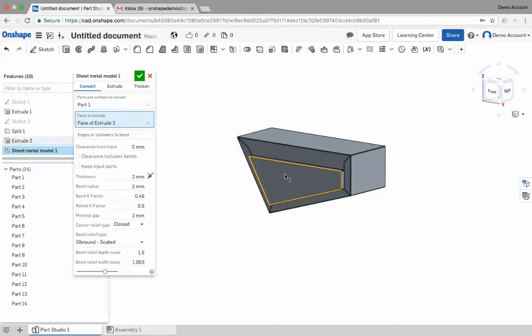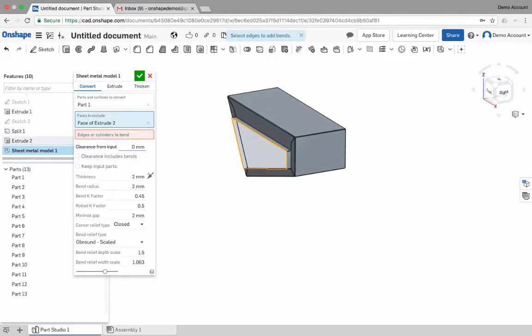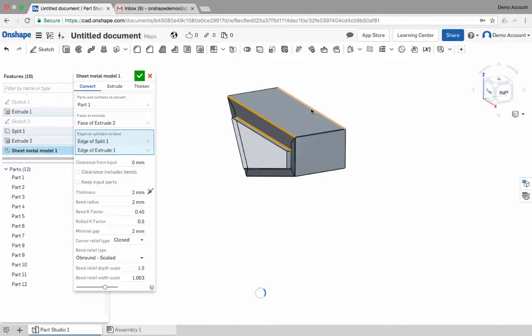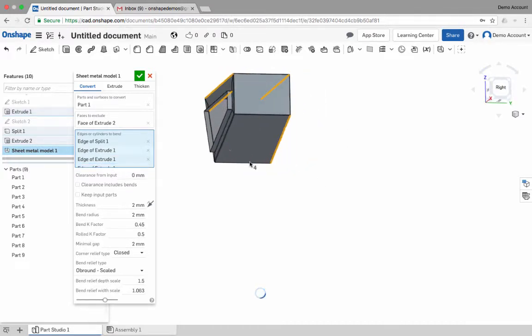Faces to exclude, the opening. So now we've got the opening, and now we want to start adding some folds. We can go around and select these edges around the outside to bend the part up. Now if this is not quite right, we can always chop and change and see different combinations that may work